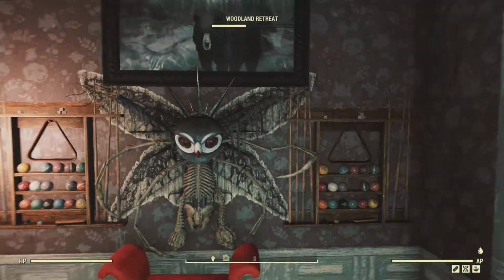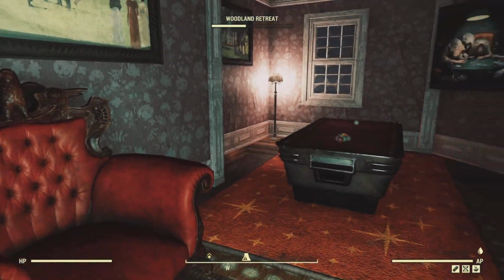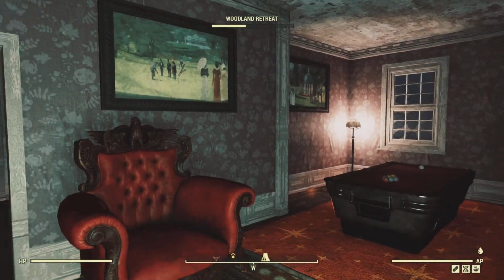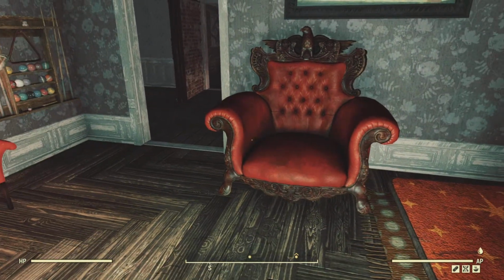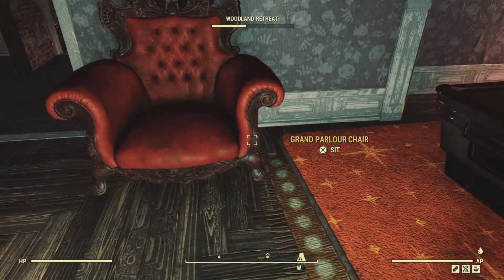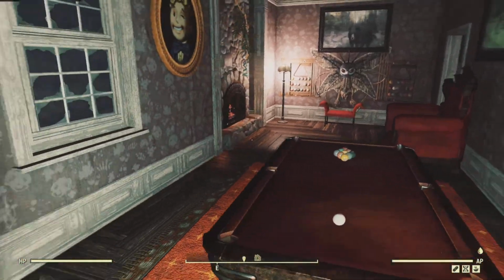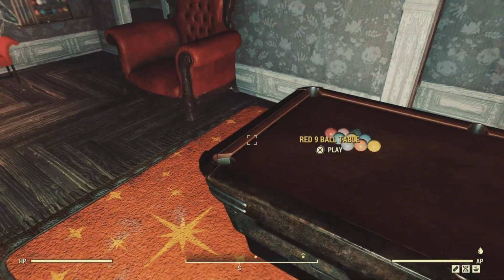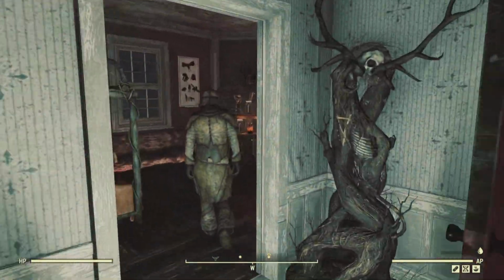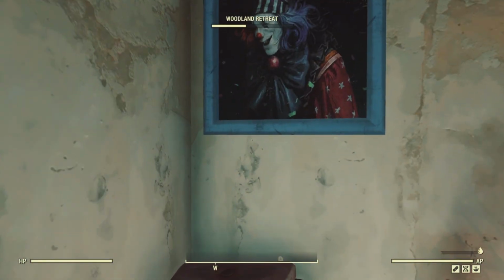This is my billiard hall room, of course. We have to have our little moth owl effigy. And I basically have this couch again because it's badass, and I like this little bench because it kind of matches it. And of course, I had to stick to my color theme, the red billiard table. And a little bathroom for